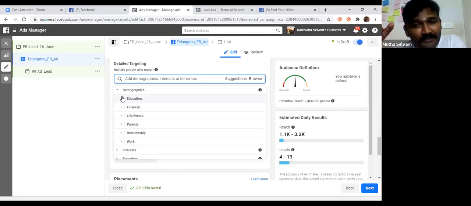Then we are going to cover behavior. You identify the people, you identify the results, you identify the behavior, whether they purchase or they don't purchase online, whether they have experience or they do not have experience. These are all called behavior. What kind of mobile they are using, what kind of operating system they are using. Those all are behavior. So I can analyze my audience, what kind of people they are. So these are all the targets. When I put them in, laser targeting can happen.